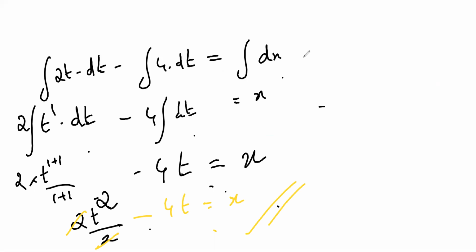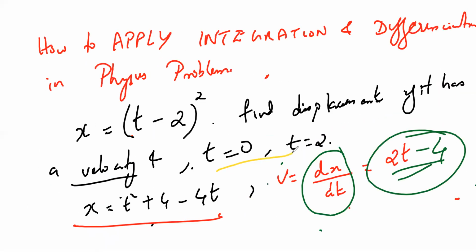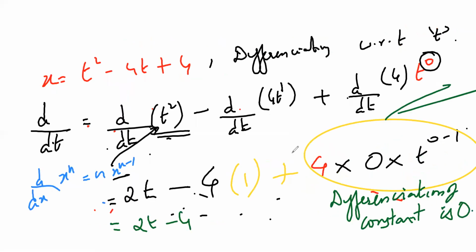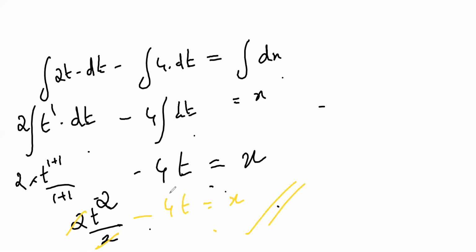Again in this question, I have given all the possible ways they can make the question difficult: t is equal to 0 and t is equal to 2. So this is something called a definite integral. I have to just put here 0 to 2. The x side is not required because only t is given, so x itself stays. This is 0 to 2, the right hand side no need to put.